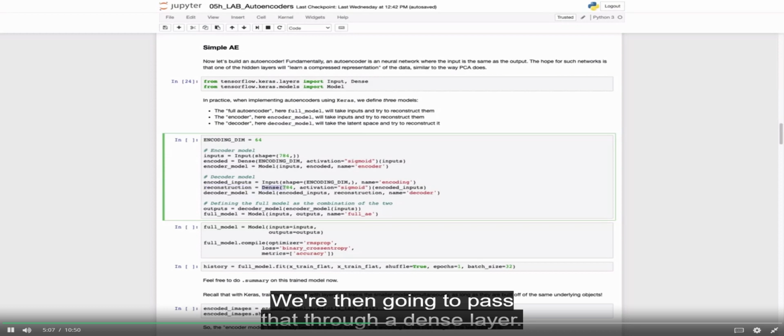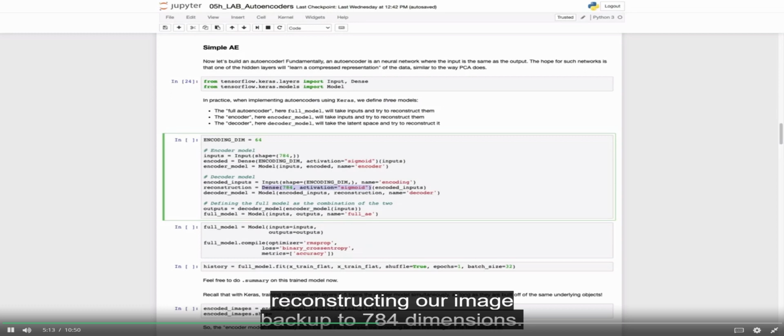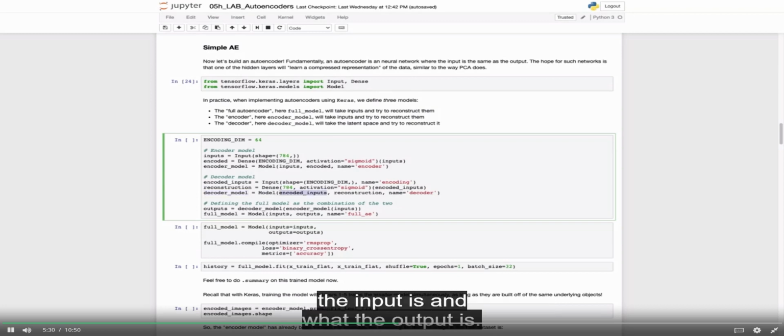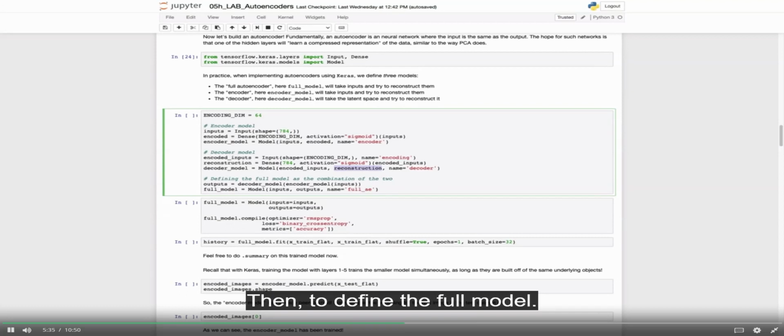We're then going to pass that through a dense layer. So we call that dense layer, and we want that dense layer to be reconstructing our image back up to 784 dimensions. We use the activation of sigmoid, and what we pass into that dense layer is in this parentheses, as you would with a function, we pass in the encoded inputs. And then our decoder model will just be, again, that model, and then saying what the input is and what the output is. And then to define the full model,